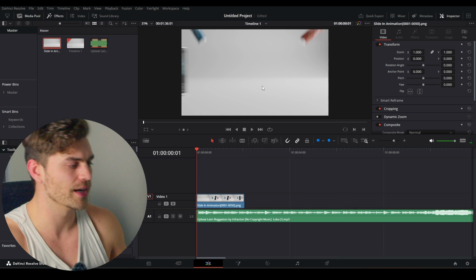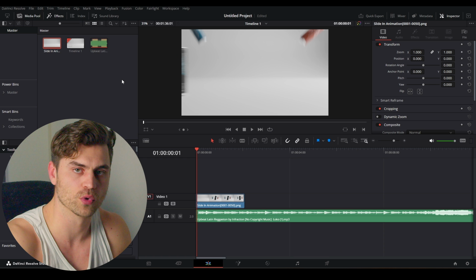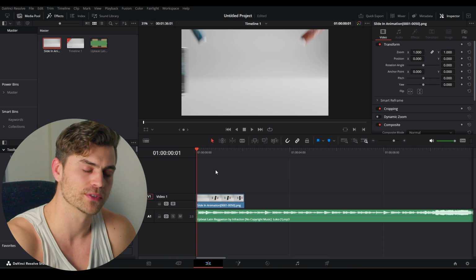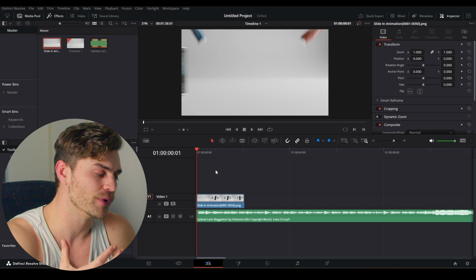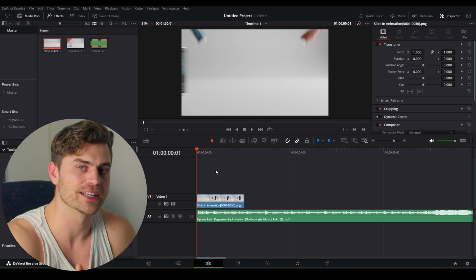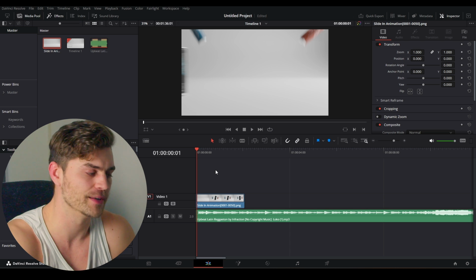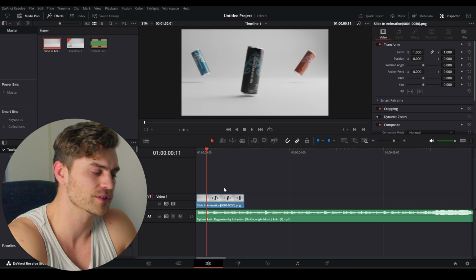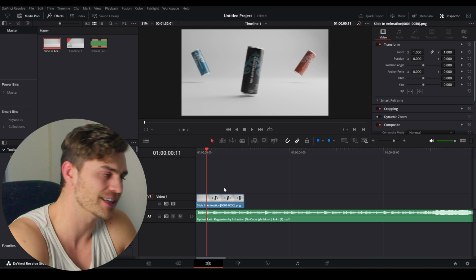Now it's quite slow and we are going to solve that. I'm actually going to work with an MP4, but if you're actually doing client work, you might not want to work with an MP4 because each time you render something in MP4, the quality gets worse. So you want to keep that to a minimum. There are a lot of images and each of them have a pretty large file size. So DaVinci Resolve has some trouble playing this in your timeline.